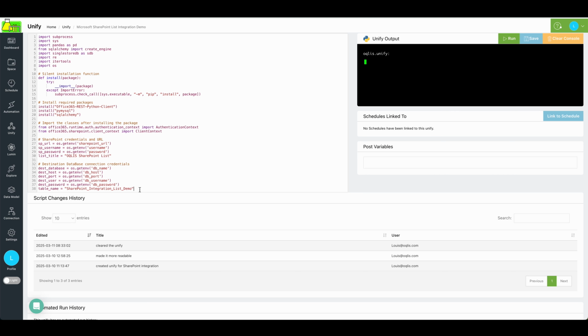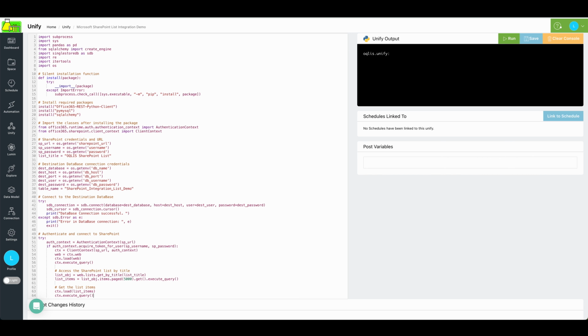After specifying the SharePoint credentials, we need to specify the credentials of the destination database where the table is or will be located. Once again, I have already inserted the required code for this step and assigned everything using variables. Now that all the required credentials are specified, we need to connect to the destination database, authenticate it, and connect it to SharePoint. This is done using the code that I have typed here, which utilizes some of the variables